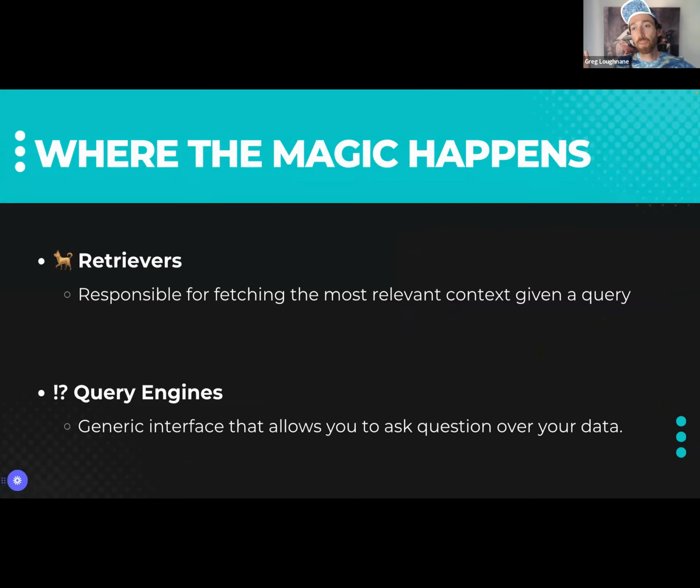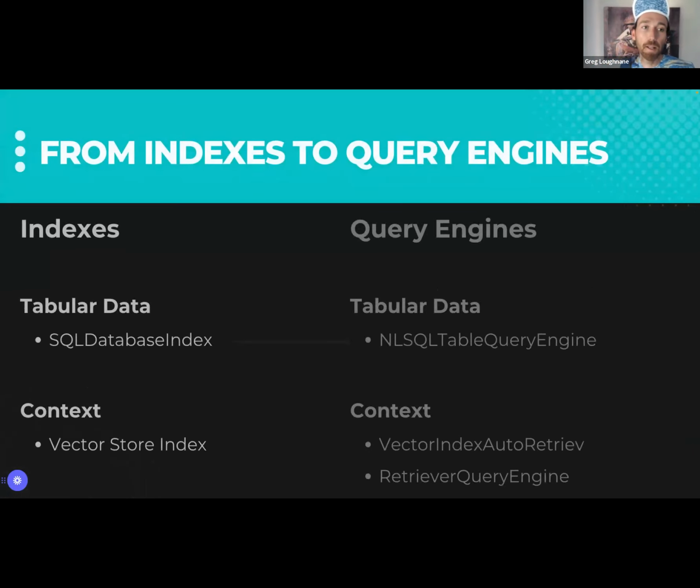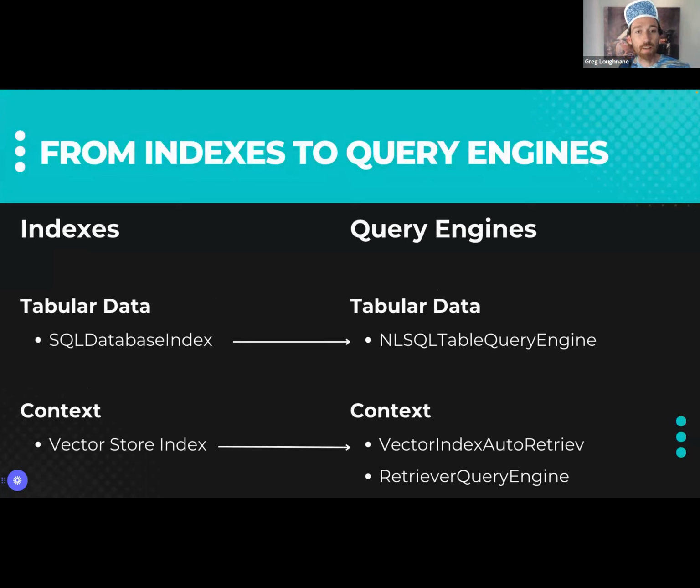What we're talking about is, all right, just as the chain is the fundamental abstraction in LangChain, where the magic happens in LlamaIndex is, first of all, we're going to have our retrievers, okay? We should be familiar with these because we're just wrapping them around the index. They're going to go find the good stuff. But the real magic is in these query engines, all right? So if you think chain and LangChain, think query engine and LlamaIndex. It doesn't have as nice of a ring to it. But query engine is really the thing that's really going to allow you to do powerful stuff. All right. So query engines. And what we're going to see today is we're going to see that